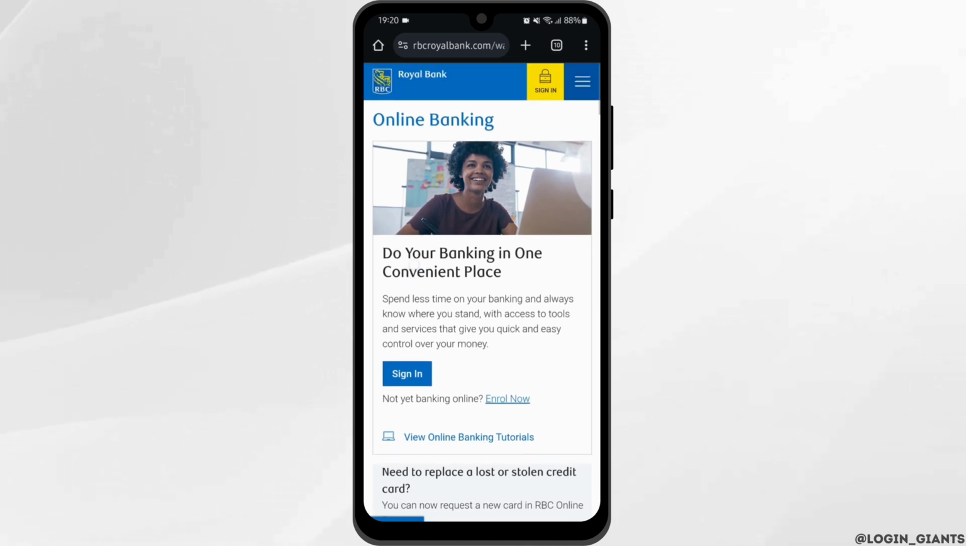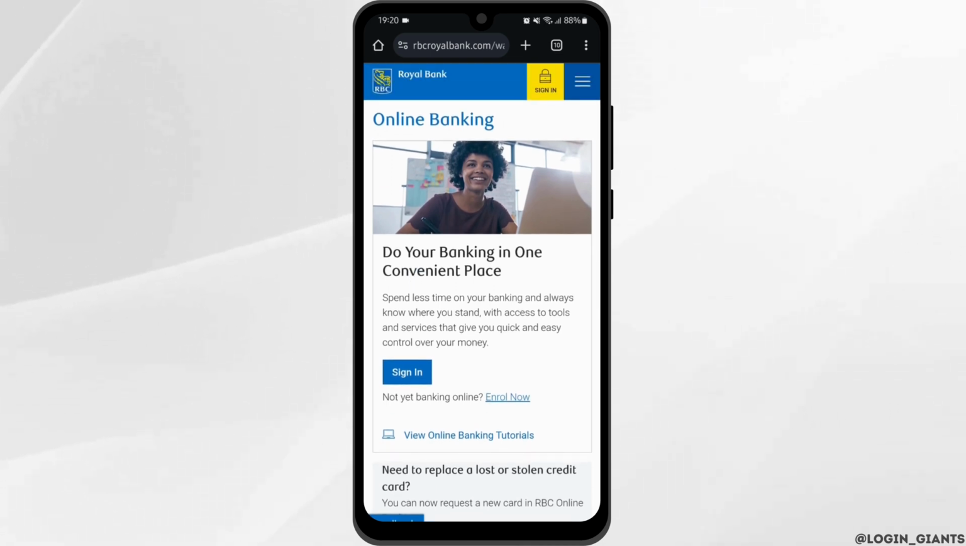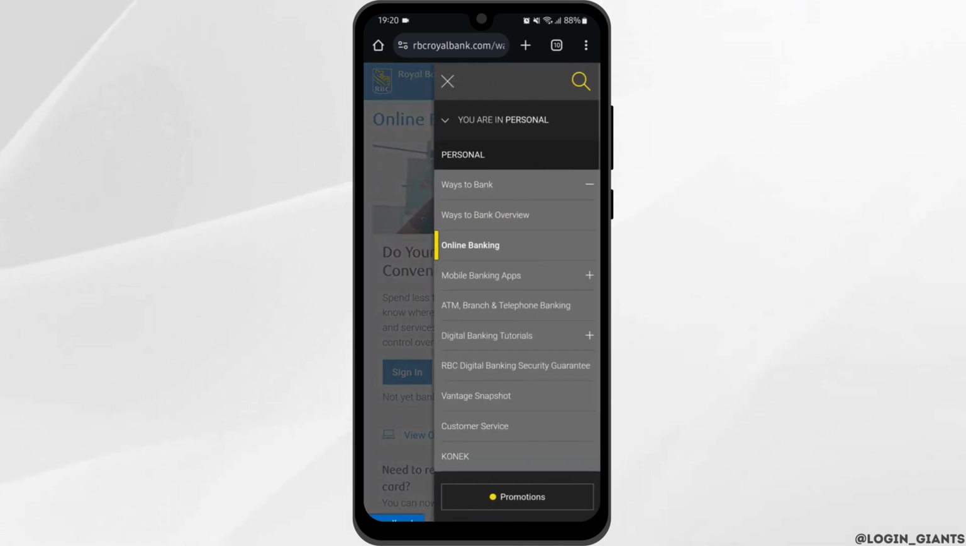Here, make sure that you are logged into your account. Then tap on the 3-bar icon on your top right. Under here, you will see the International Money Transfer option. Tap onto it. Once you tap onto it, you have to enter the recipient information, including their address and account